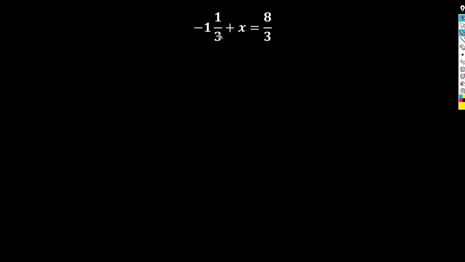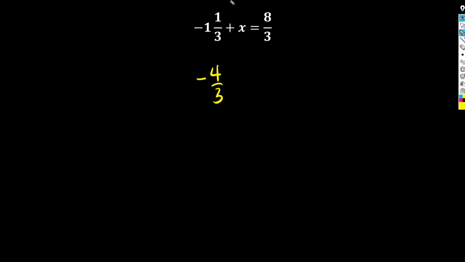So maybe that's the first step that you can do if you want. You can convert the mixed number into an improper fraction. So we go 3 times negative 1, that's negative 3. 3 times 1 rather, that's 3 plus 1, that's 4/3. No? So the negative 1 and 1/3 is negative